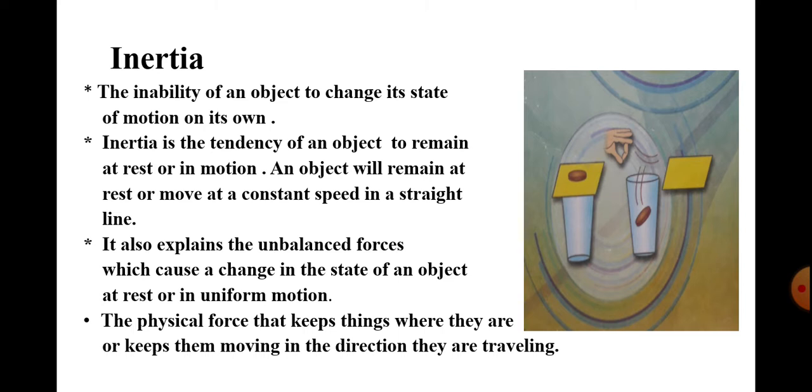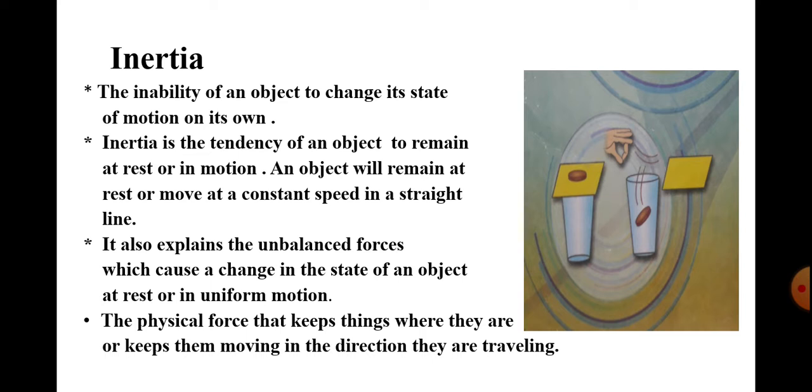Next, inertia. You remember in standard 8 you learned about inertia, and it is on page number 16. That is, what is meant by inertia? So, standard 8, page number 16: the tendency of an object to remain in its existing state is called inertia. This is why an object in a stationary state remains in the same state and an object in motion remains in the state of motion in the absence of external force.